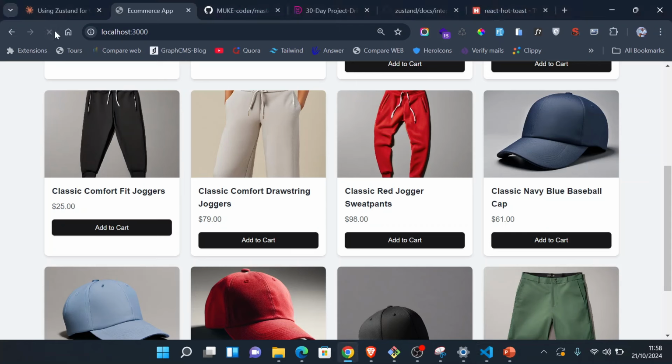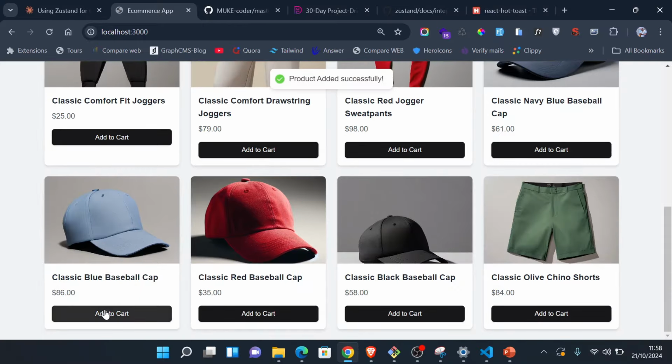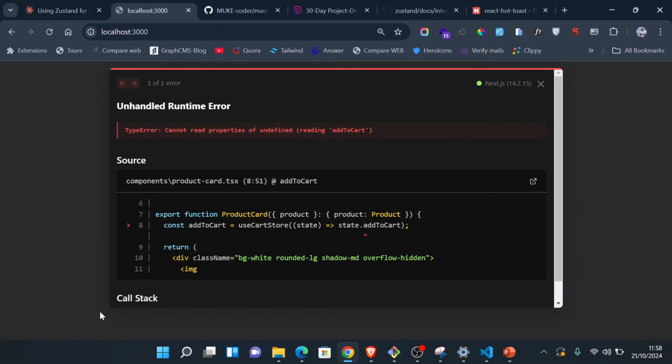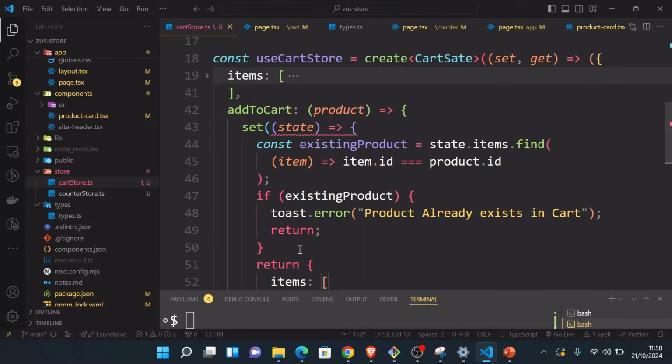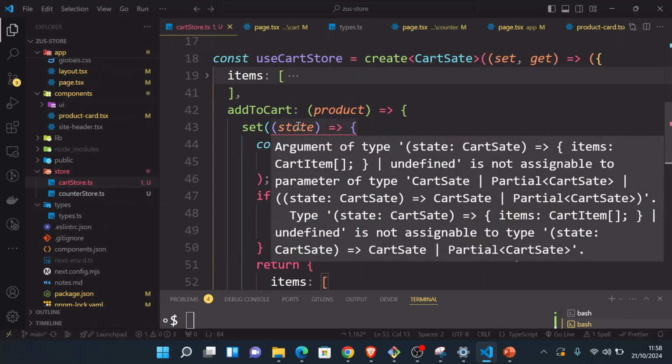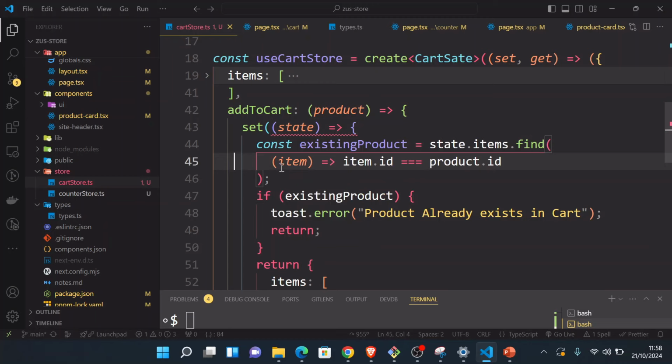Let me refresh. So now I will add the first time, I will add the second time. Okay, so right now it brings a problem. Cannot read properties of undefined, state.addToCart. Why is that? Oh, we have a problem. So I think this here,